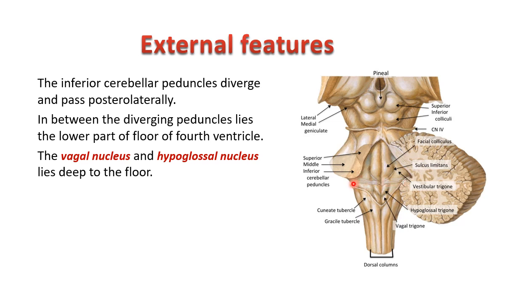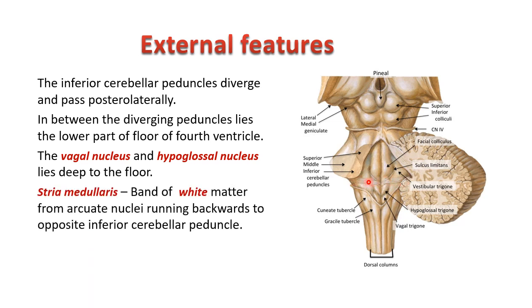This is called the stria medullaris. Again, these are fibers from the arcuate nuclei only. They travel posteriorly. We saw some anterior external arcuate fibers, so the other route for the arcuate nuclei is through the stria medullaris. They go to the opposite inferior cerebellar peduncle, and from there they reach the cerebellum. This whole thing forms the floor of the fourth ventricle, which is called the rhomboid fossa because